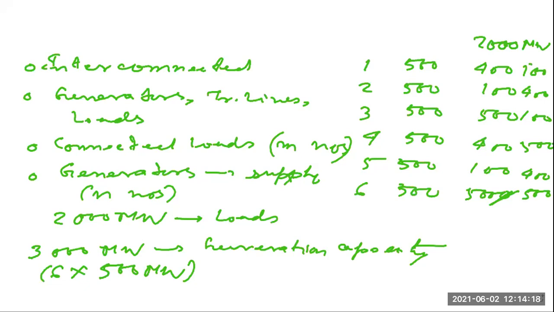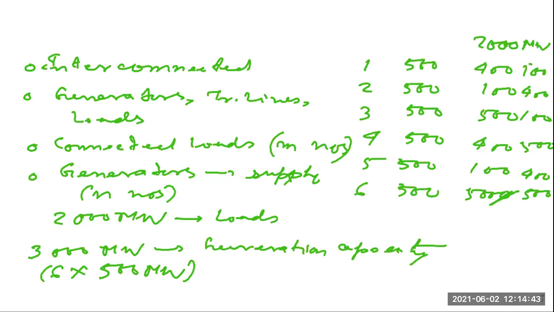Because ultimately when each generator generates the electrical power, there are so many associated costs involved. There will be fuel cost, labor cost, maintenance cost, and many other costs which will come into the picture. So when we have an equal sharing of this particular load, we'll see the cost of operation of the system will increase.